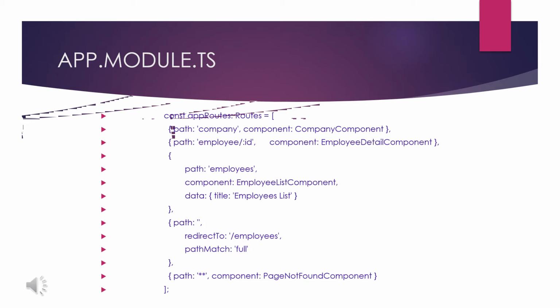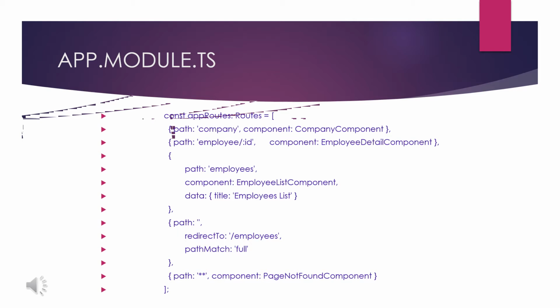In this app module, we are configuring a router. For routing configuration, we have to use the Routes type for getting an object initialized through an instance. Here the instance name is appRoutes. I am fixing it as a constant. These appRoutes will be configured inside the app module, so that will be considered as the route module's configuration variable. This appRoutes holds the whole thing: the path company, the path employee ID, everything will come under the appRoutes. I will show you that again.